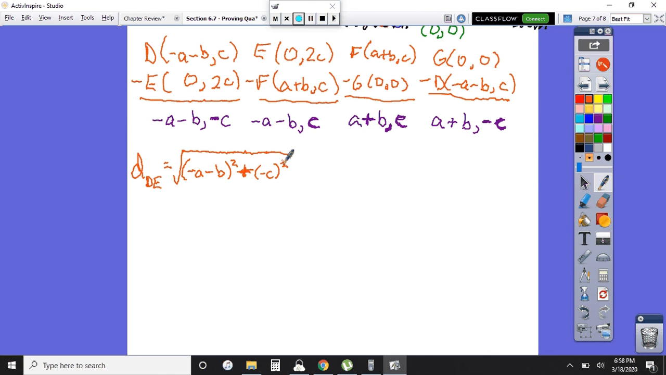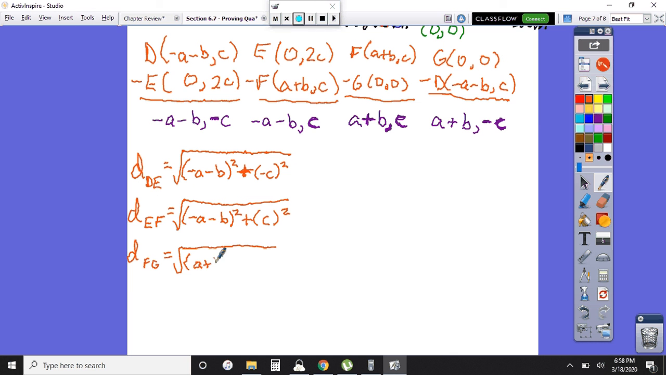Now, just keep in mind, whenever I square a negative number, when I take a negative times a negative, it's going to turn positive. So we're not going to end up with negative lengths, even if we keep the negatives in our Pythagorean theorem. So I'm going to leave this just like this for now, okay? Because then you'll see what's going to happen here. So the length from E to F, big square root, and then again, negative a minus b quantity squared plus c squared. The distance from F to G, big square root, quantity a plus b